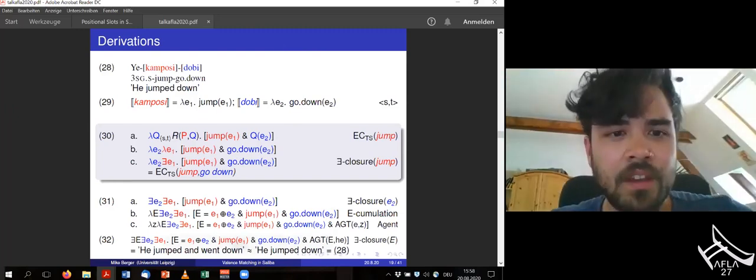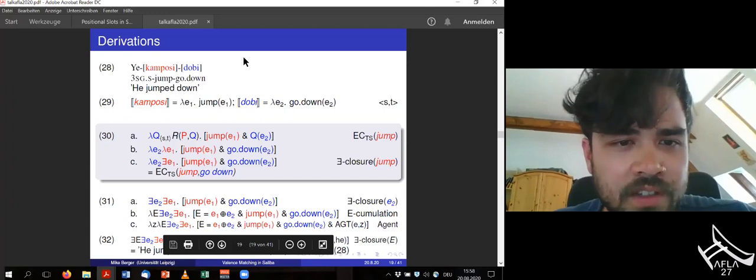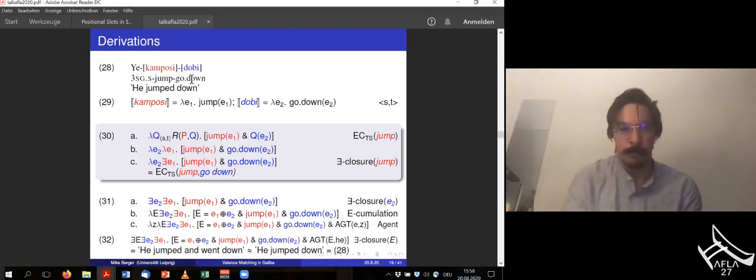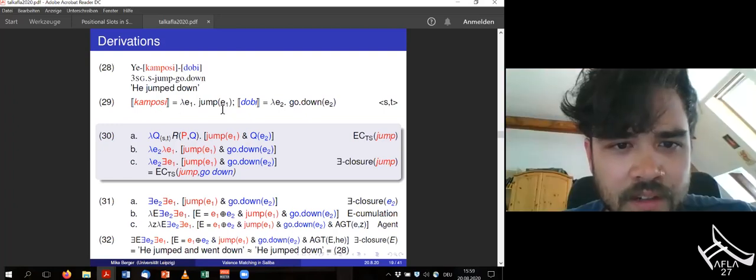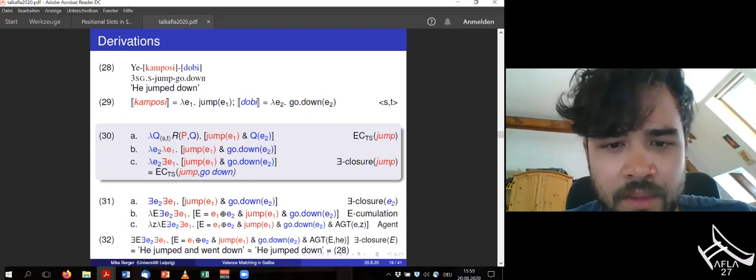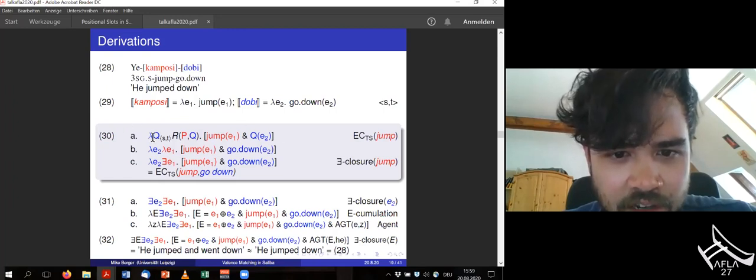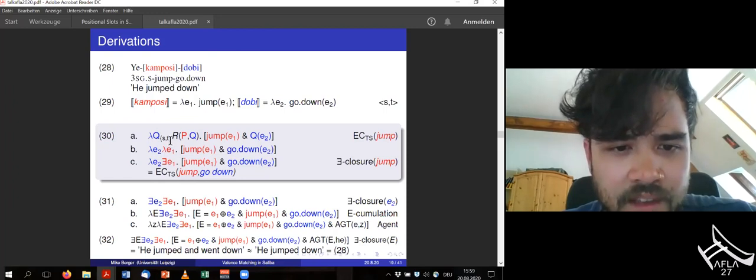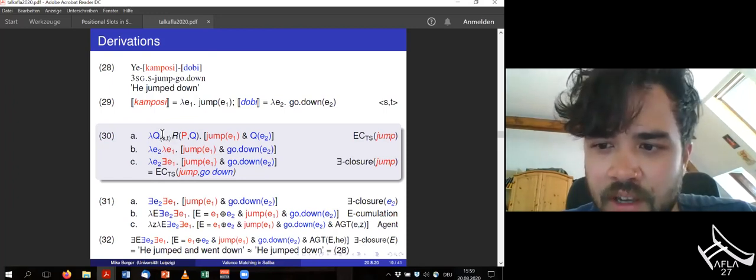Okay, thanks. So let's run through an intransitive example. We have the complex verb in 28, which means he jumped down. We have two verbs: composi, there's a jumping event, and dobi, there's a going down event. These are both of type ST, right? You stick composi into ECTS, which gives you 30A. And because our first input has been of type ST, the second input Q has to be of type ST